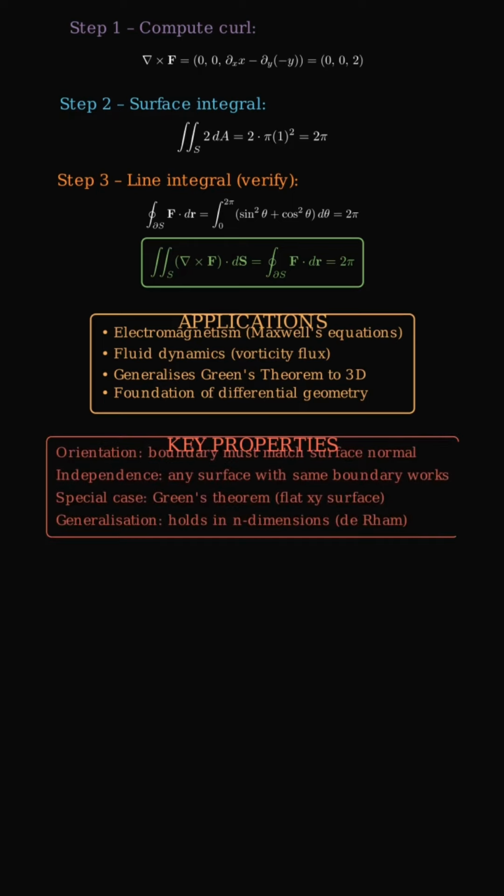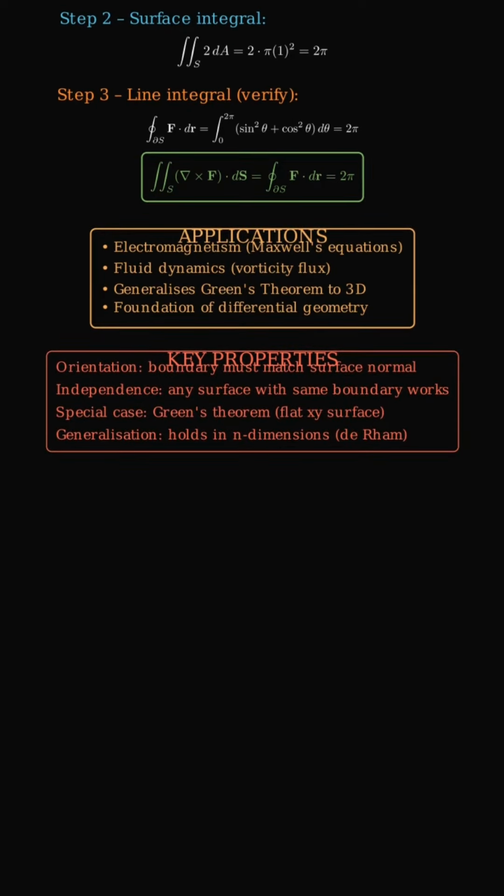So to summarize, Stokes' theorem says total rotation inside a surface equals total circulation around its boundary. Interior behavior determines boundary behavior. And that is the beauty of Stokes'